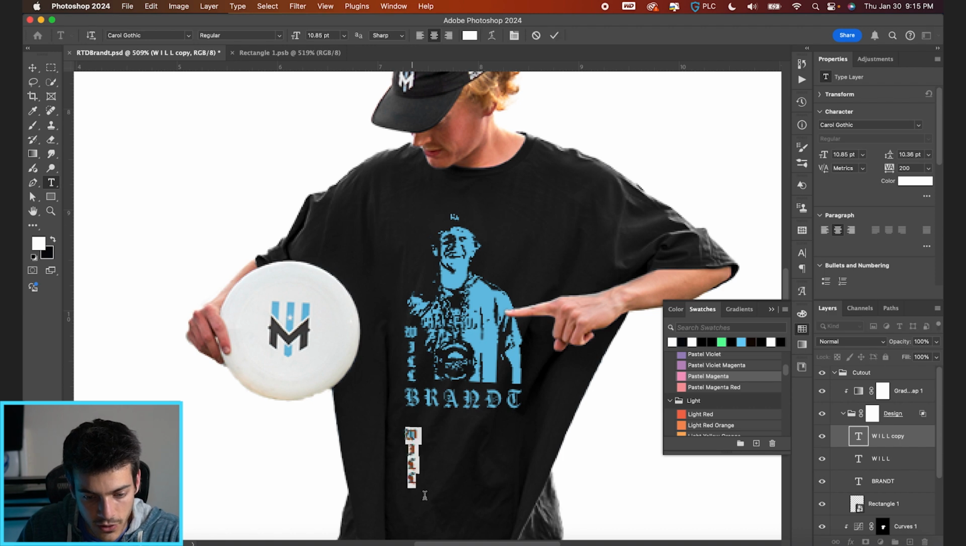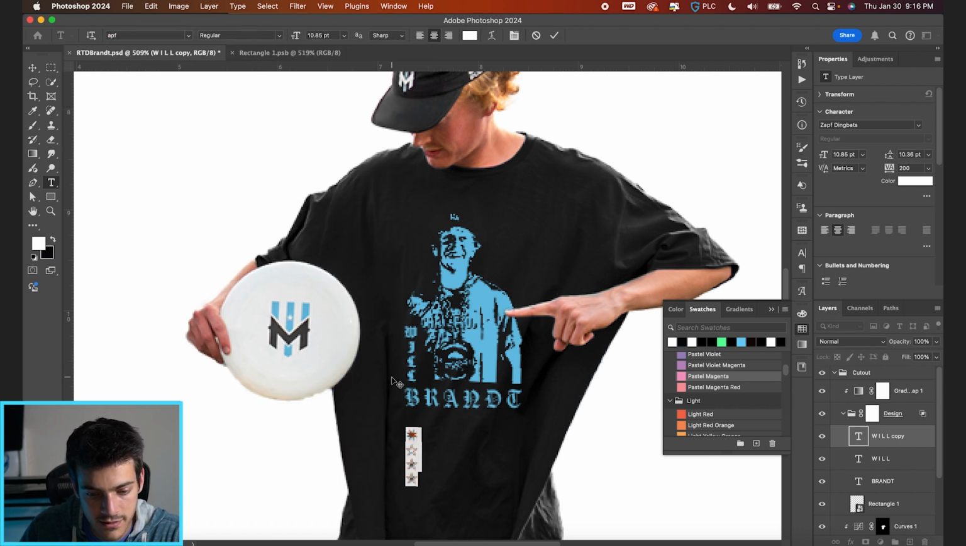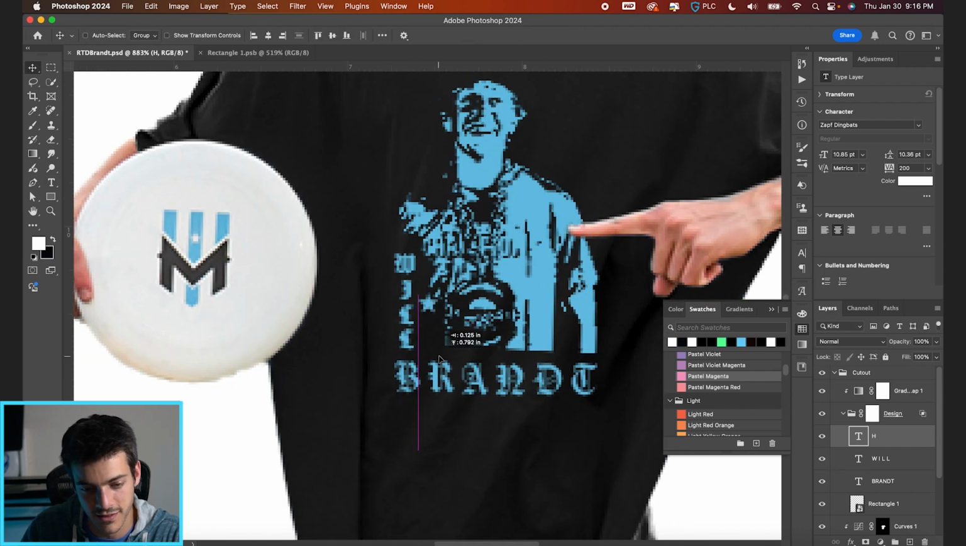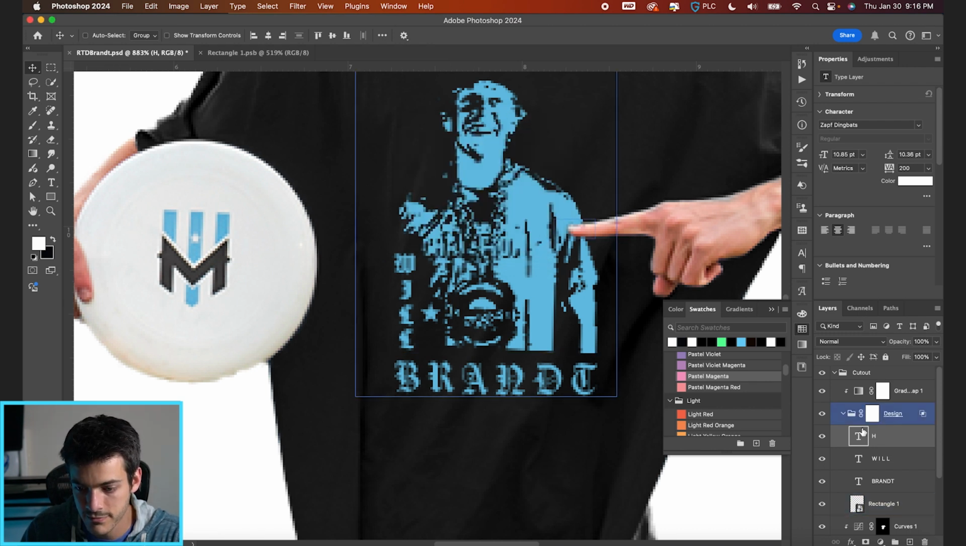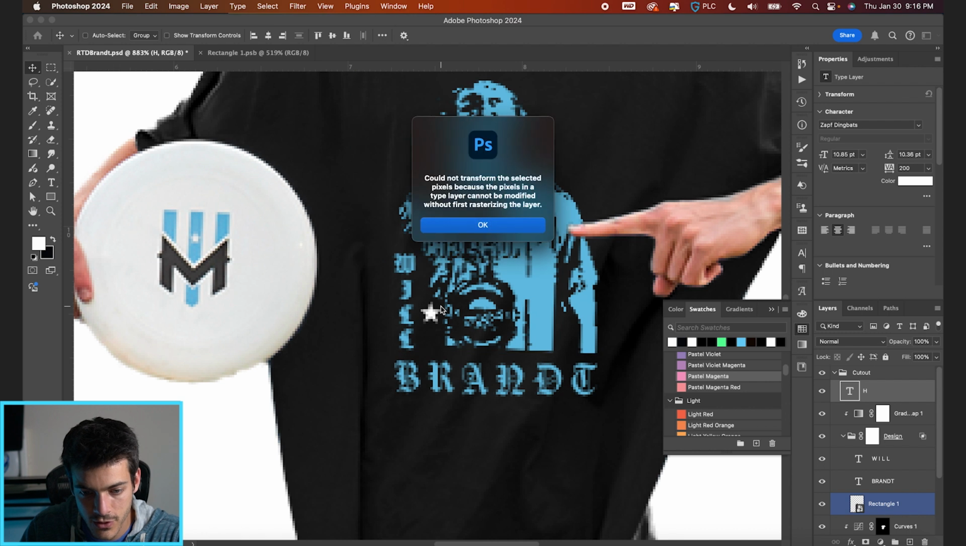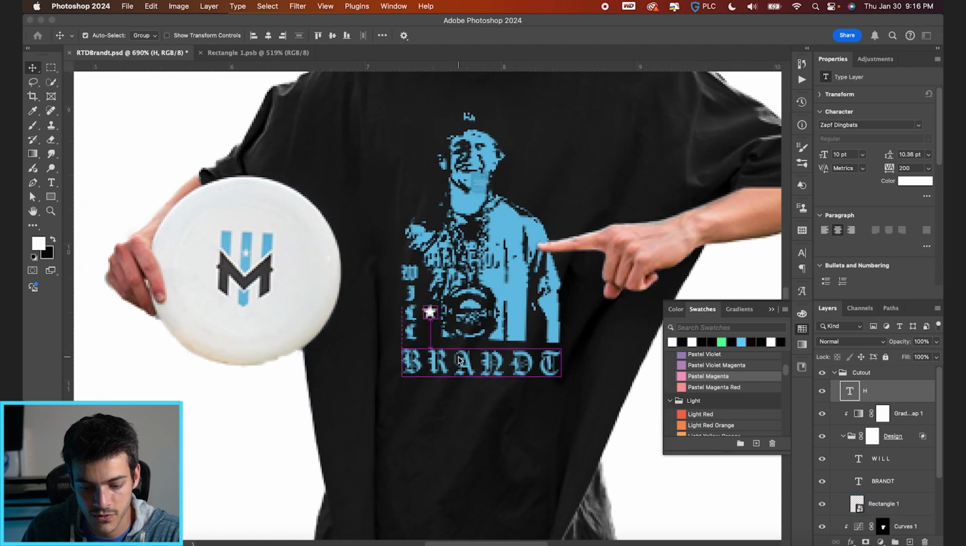There's a font called Zapf Dingbats, and capital H is a star. I don't know if that's a default font on all computers, but it couldn't transform. What if I do it here? Still? Maybe it's too small? No. Okay, whatever. Yeah, it's really